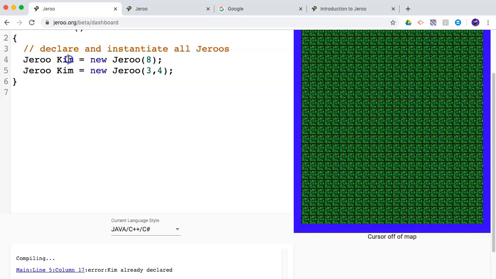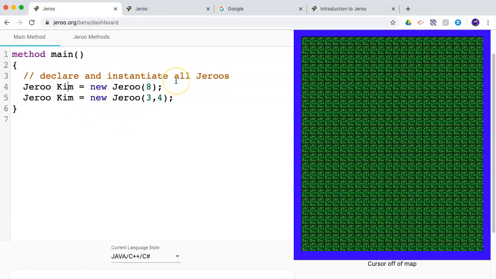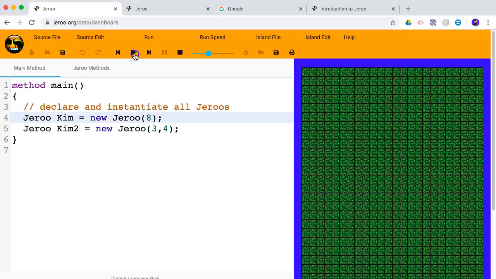You cannot have more than one Jeroo with the same name, because then the simulation is not going to know which Jeroo you're talking about. Are you talking to this Kim or that Kim? So we need a unique way of identifying them. So we'll just call this one Kim 2. And we'll run this. Kim 1 got executed, or the line creating Kim, and then Kim 2,